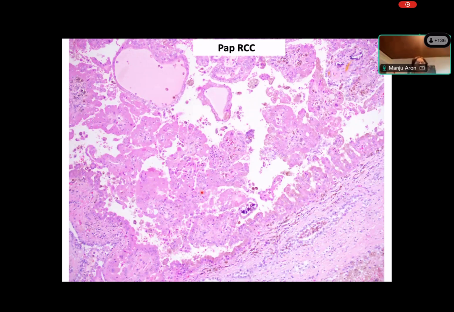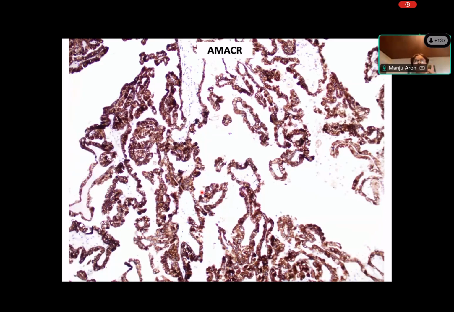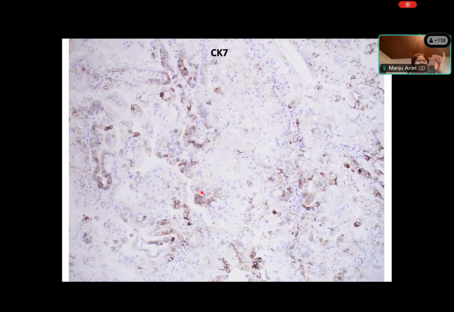These are all called type 2 papillary RCCs, but currently we don't divide papillary renal cell carcinomas into type 1 and type 2. They're all just under one uniform morphological term of papillary renal cell carcinoma. One stain that is really good in the differential diagnosis of this tumor is racemase, which is positive in papillary renal cell carcinoma. CK7 is diffusely positive in the so-called type 1 papillary RCCs, but may be very focal or patchy in the so-called type 2 papillary RCCs. So that can vary a lot.